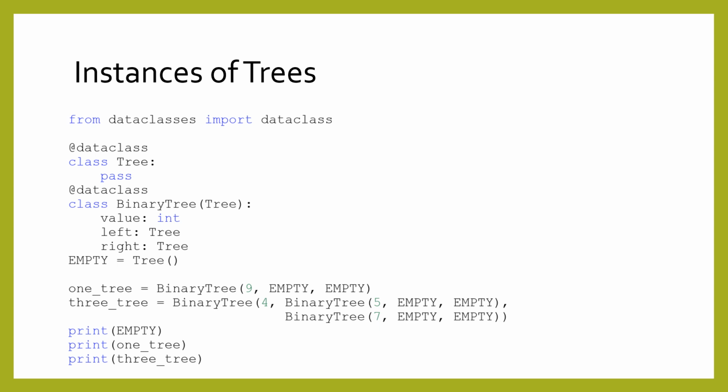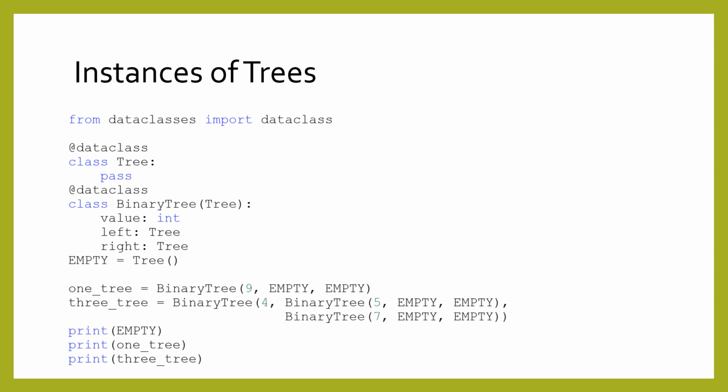Coming back to our definition of a tree, it may help to look at an example. In the code shown here, we end up creating 3 variables to hold tree instances. The first is the empty variable, which we will always create and holds an empty, boring tree instance with nothing inside. The next variable is a much more interesting example named oneTree, which holds an instance of the binary tree data class. Recall that the binary tree class inherits from tree, which means that oneTree is also a tree, just